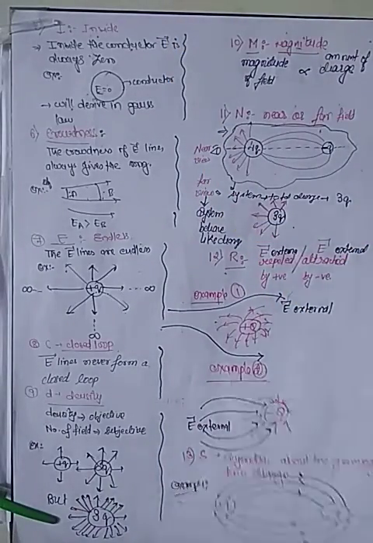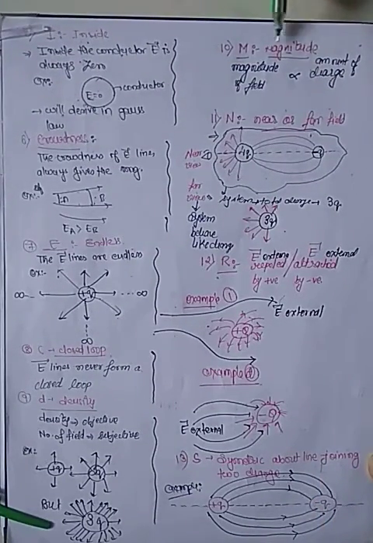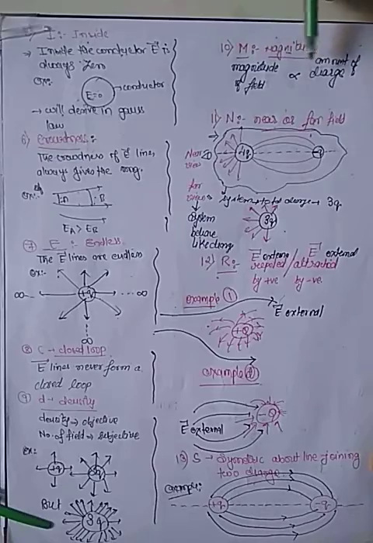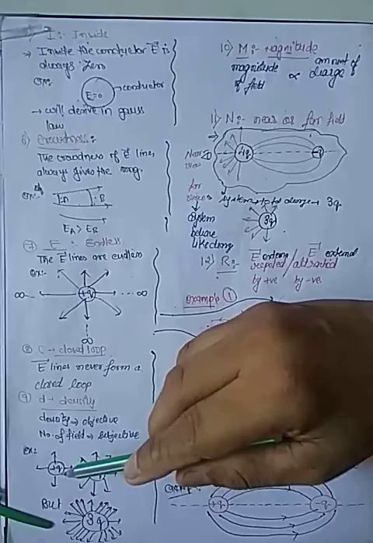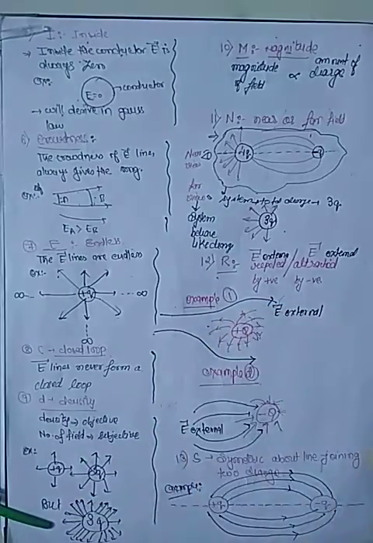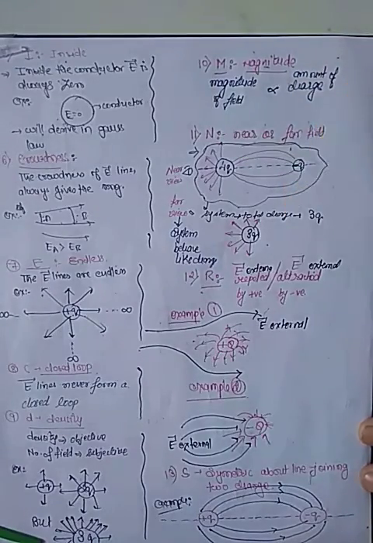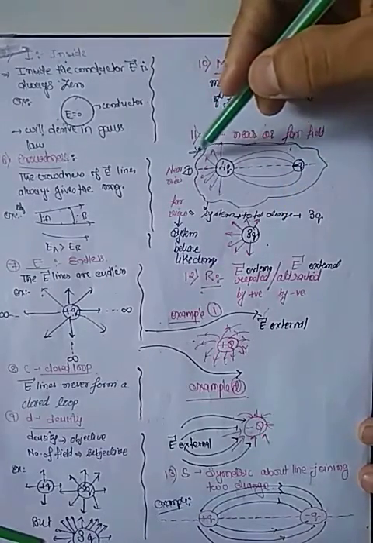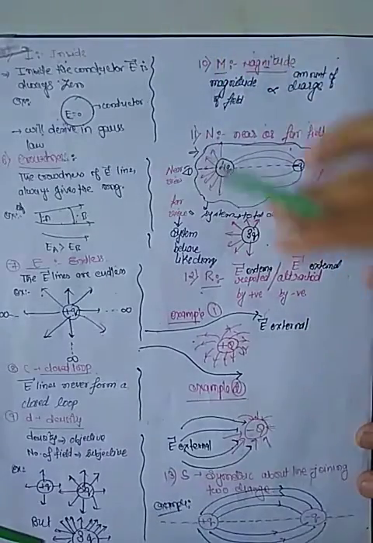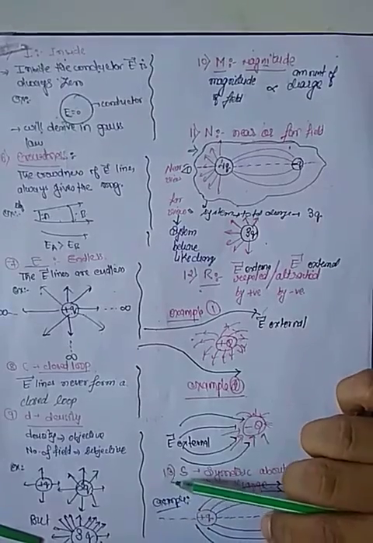Now the 10th one we are going to discuss. M for magnitude. What is magnitude? The magnitude of a field is directly proportional to the amount of charge. I just discussed it here. If the charge is increasing, electric field lines increase, and if electric field lines increase, then its value also increases. Magnitude means its value. Hope this is clear. Now N, near. I will discuss it in the next one, because it is slightly tough to understand when we don't have time. So I am directly discussing the 13th one.